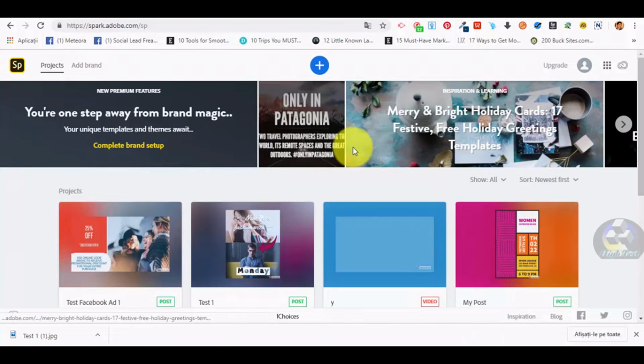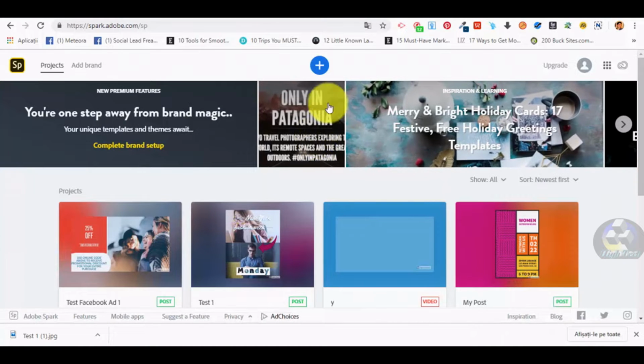Hello and welcome back to our next lecture from this Adobe Spark course. In our previous lecture we have seen how we can create a new Instagram type of post, so let's say a graphic resource that we have created with Adobe Spark. Now in this new lecture we are going to see how we can create a different type of graphic post,